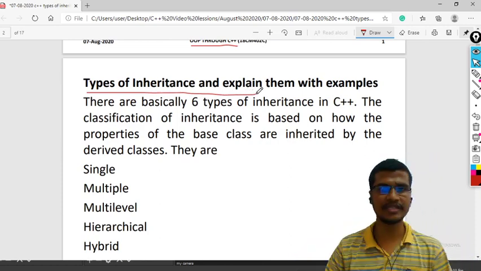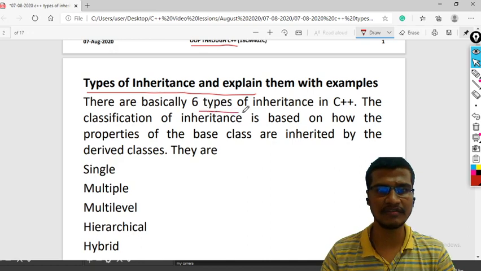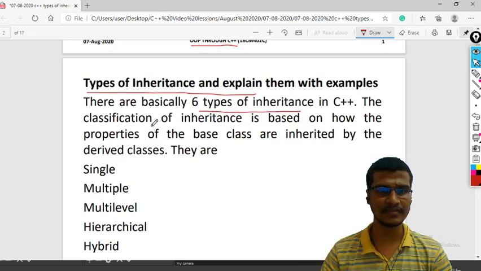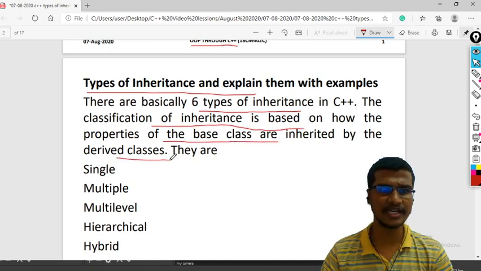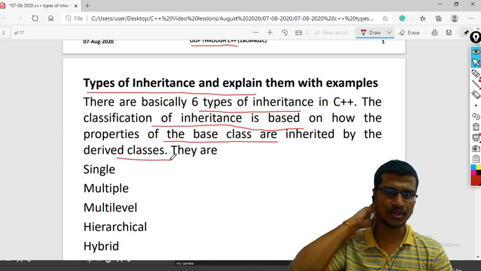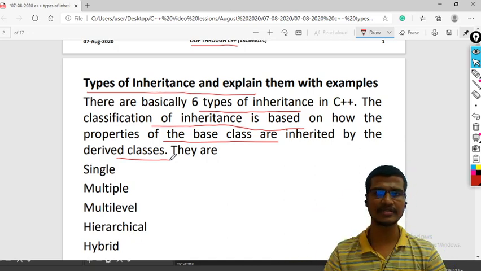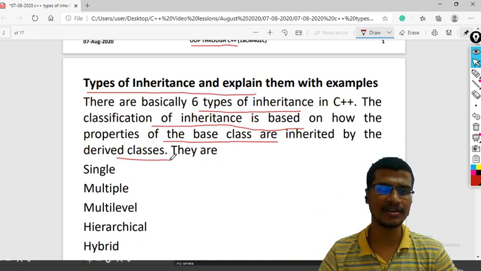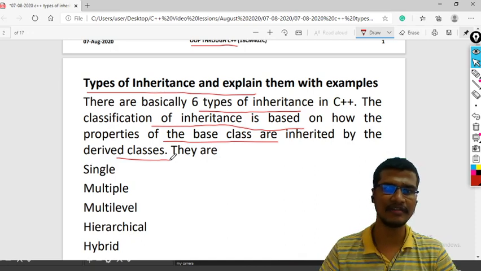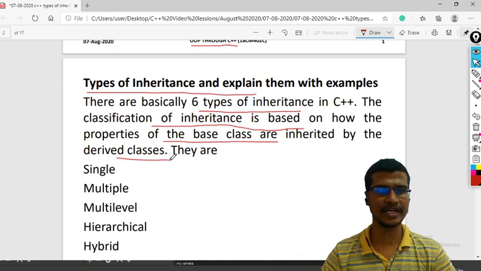There are basically a total of 6 types of inheritances in C++. The classification of inheritance is based on how the properties of the base class are inherited by the derived classes. That is nothing but public derivation, private derivation, or protected derivation.